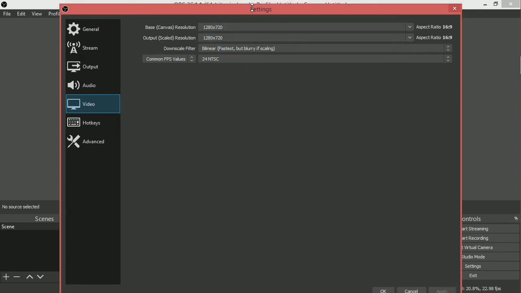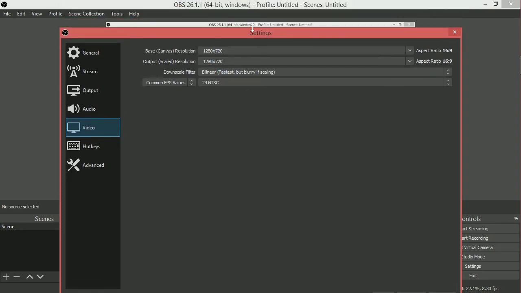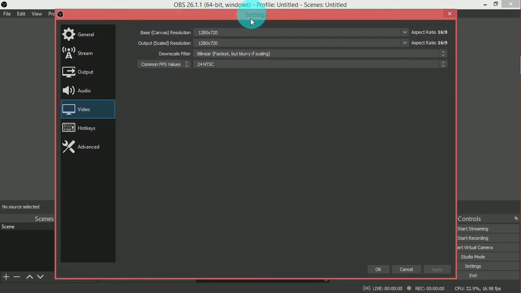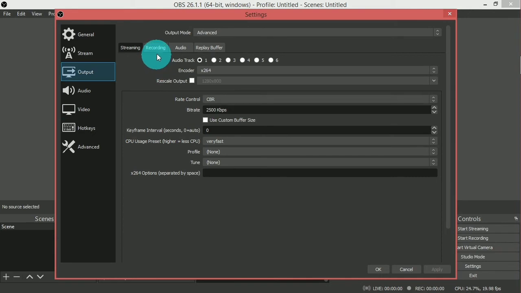So OBS is not only for screen recording. So for an Instagram recording, we can keep it a square which is 1000 by 1000 pixels. So here mine is already configured, and the next one which we care about is output. And let's go to output, and here I want recording. So there is nothing to change in streaming. If you are live streaming, keep everything the same. You can just go to these, but none of these are very useful.